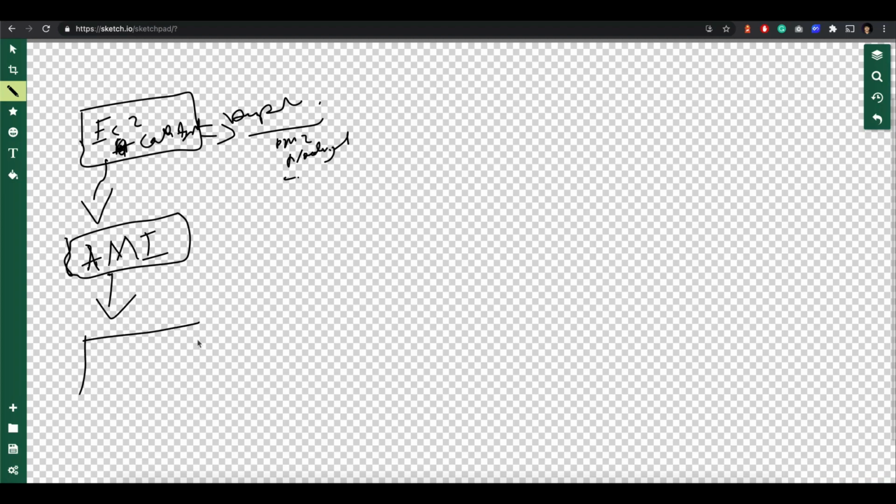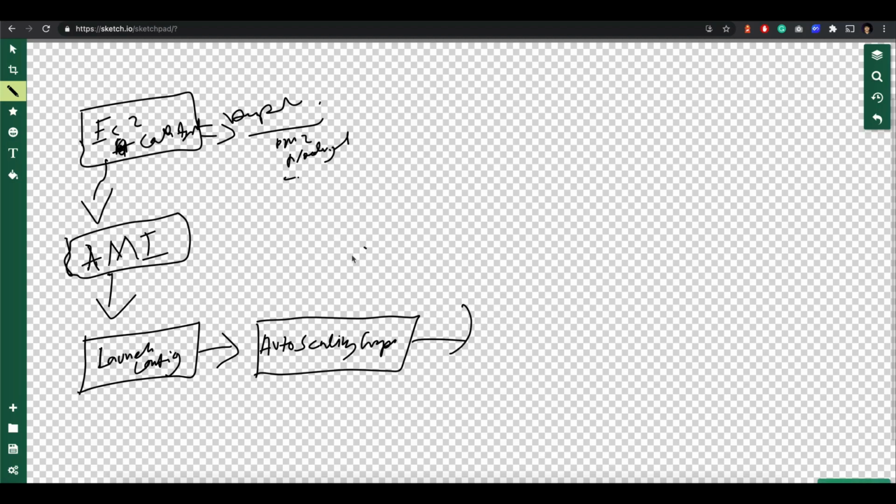Then from the AMI we created a launch configuration, right? From the launch config, we created an auto scaling group. Right? Then we attached a load balancer to it. Then the application is ready.